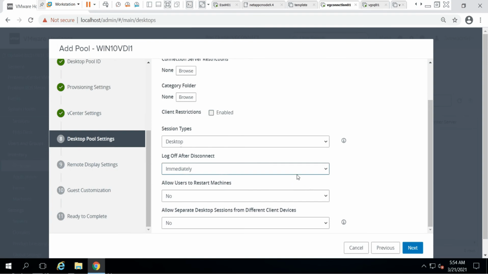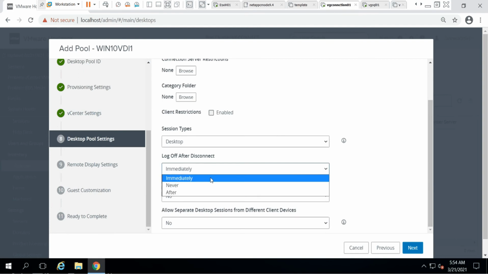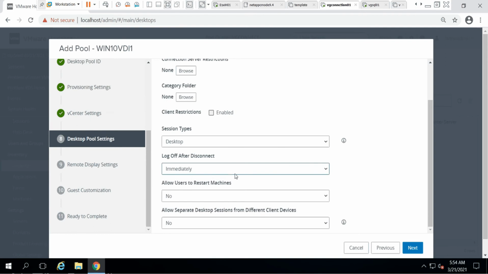So at that time the VM will be running in the backend, which will consume the resources on the ESXi box. So if you select log off immediately, then whenever he closes or disconnects the session, it will log off immediately.